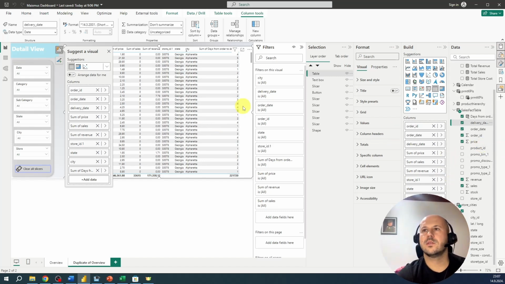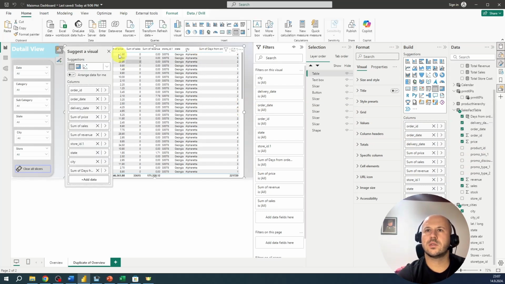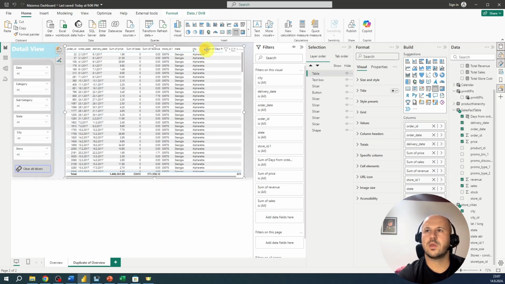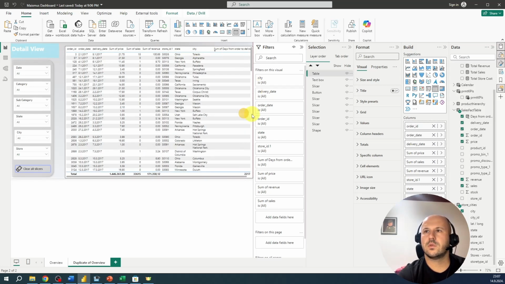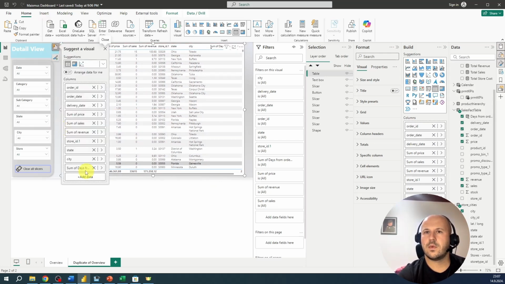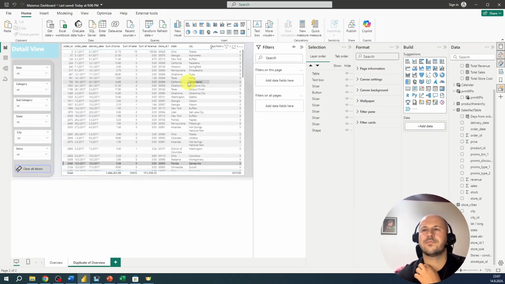And that's it. Now let's resize this, and let's increase the state a little bit, and let's change the size of city. And let's rename this. Let's remove the word some, and that's it. And if your users want to export this table, they can just, let's change this to